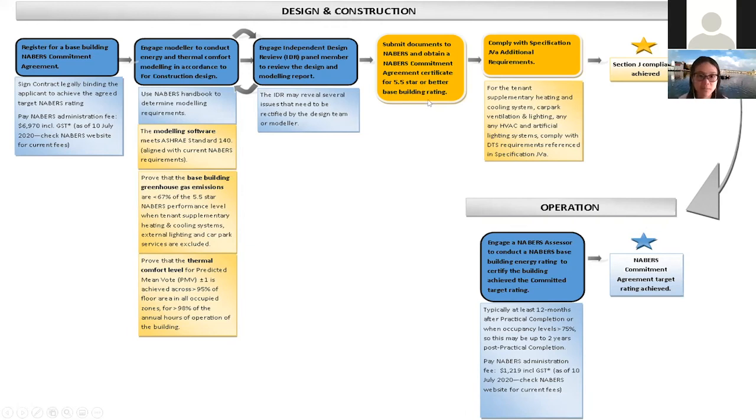You submit that as part of your Section J compliance. You then put in additional documentation to prove that you comply with Specification JVA requirements. There are a few sets of them to do with building quality. I wouldn't add them in here because they are common across all of it. But the one that you should take notice of is